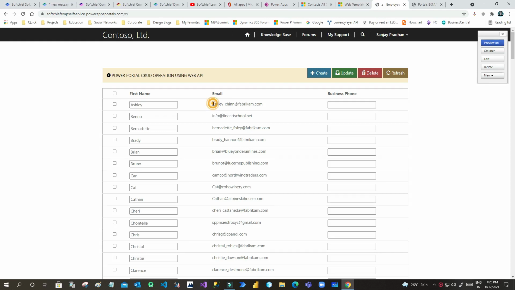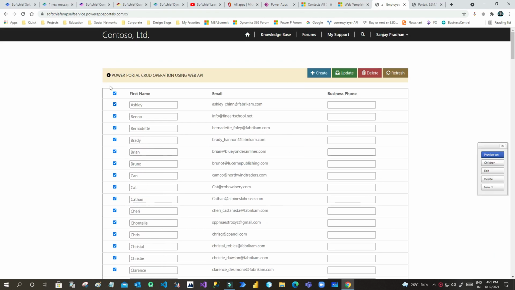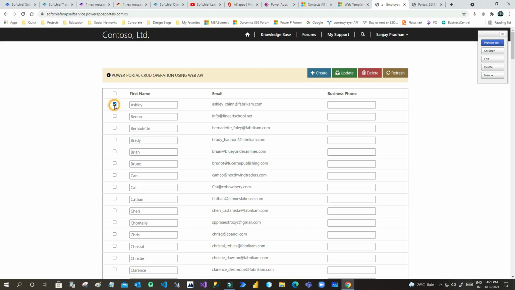I'm not updating this email field, but I can also do that if there is a requirement. I'm just updating this business phone and first name. Also I have implemented this checkbox, global and local checkbox. When you click the global checkbox, it will select every checkbox, and if you unselect it, the line items will unselect. And I have defined the logic that only when you click this checkbox, this line item will be processed. Okay, so let us see.